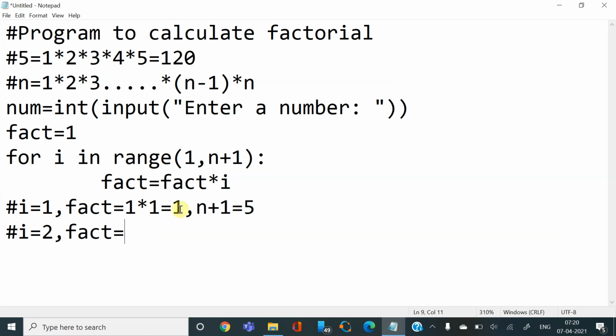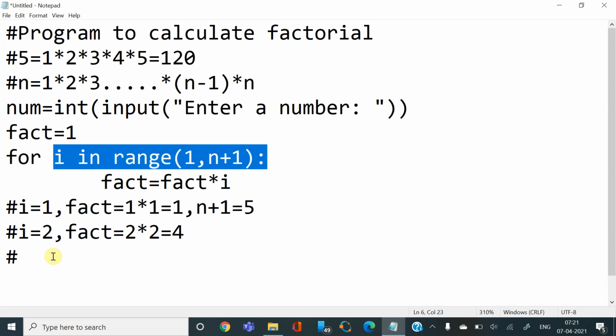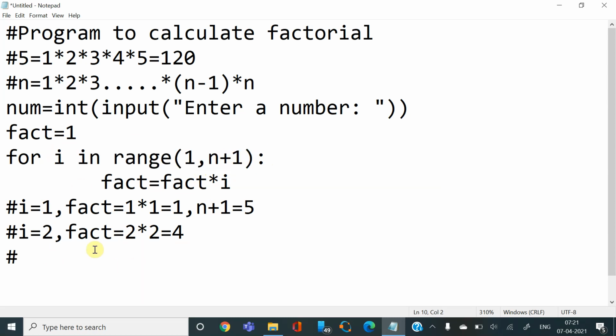So 2 into, now what is the value of I? It is 2. So now fact will be 4. Now the value of I will get incremented, it will become 3. Since we have written for I in range 1 comma n plus 1, the next value of I will now become 3. And what is the value of fact? It is already 4. So fact equal to,